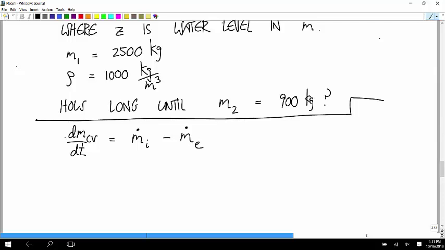And so what? Mi is 0, yes. And at the exit,